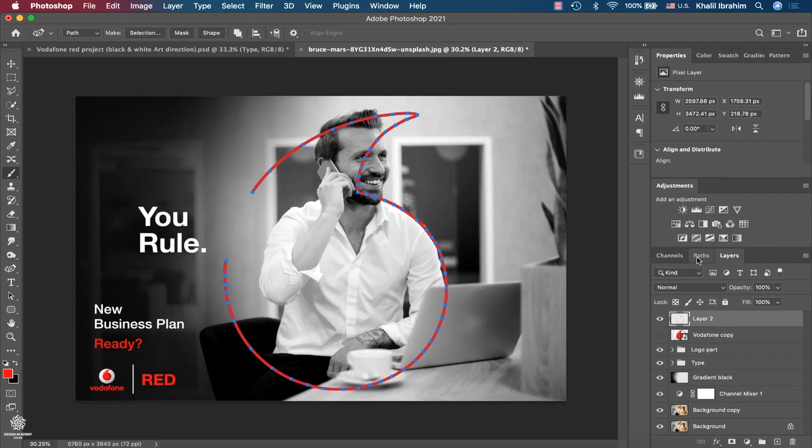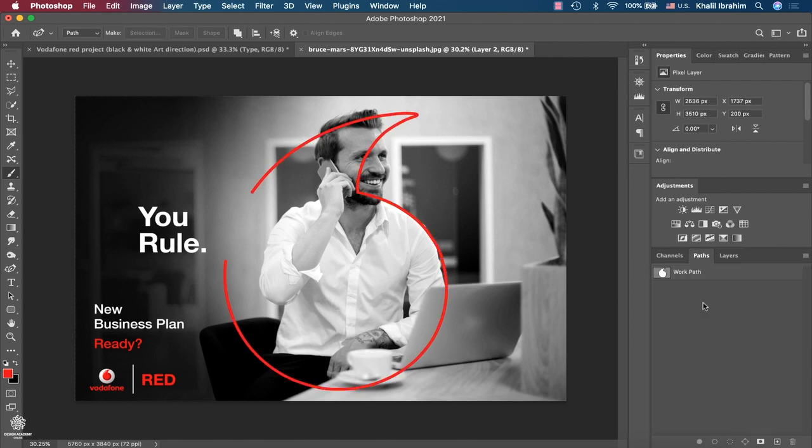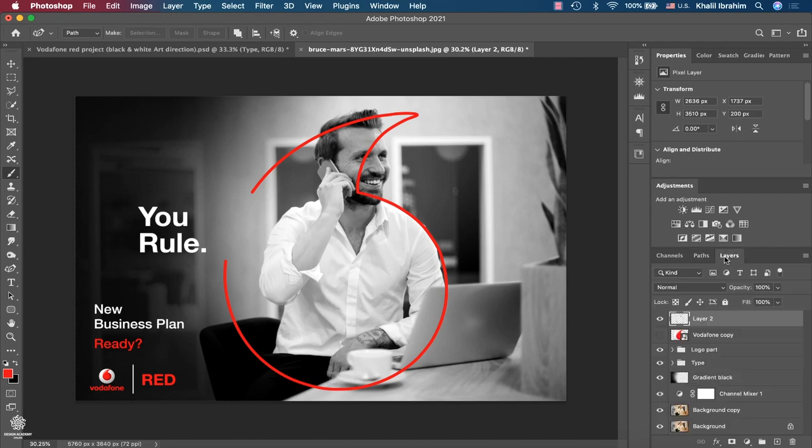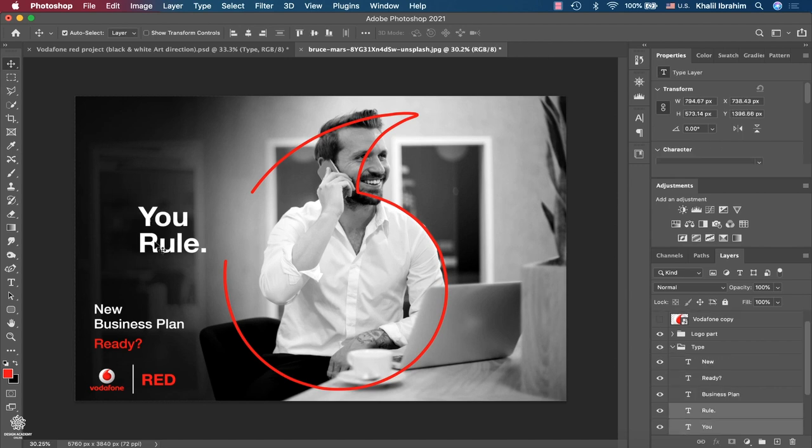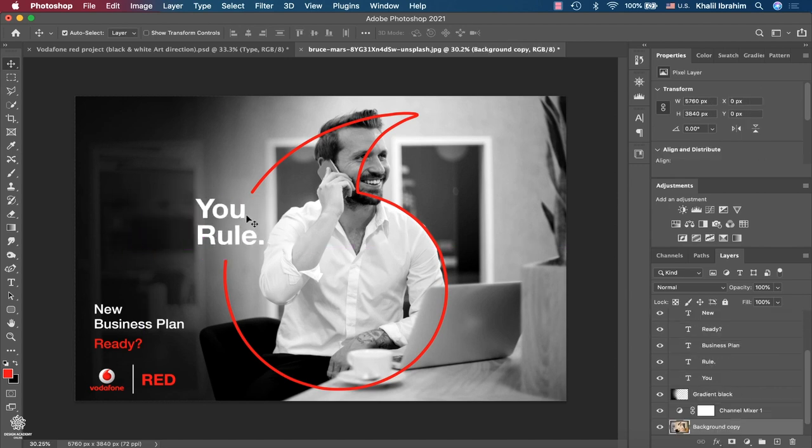We can go to our path panel, clicking outside to see our shape better, then going back to our layers. Let's rename that one logo outline, trying to keep my file organized and neat in here. Then let's move our message all the way. Maybe you can select you, move it inside like so, then selecting our gradient black